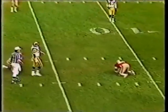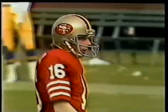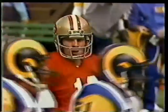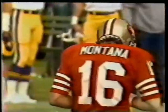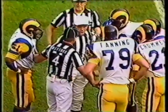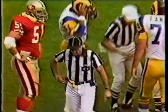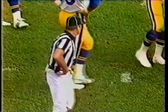Third down, 10, and we may have pass interference. Earl Cooper was the man intended for that pass. Larry Brooks tangled up with him at the 15-yard line. Almost tackled him on the play. Here's what Cooper was doing. He was really blocking in the middle and then sneaking out down the middle. They had the max blitz look on. There was nobody in the middle of the field, and he was just basically tackled downfield. Defensive holding. It would have been a touchdown if he hadn't tackled him, so it was a good play on